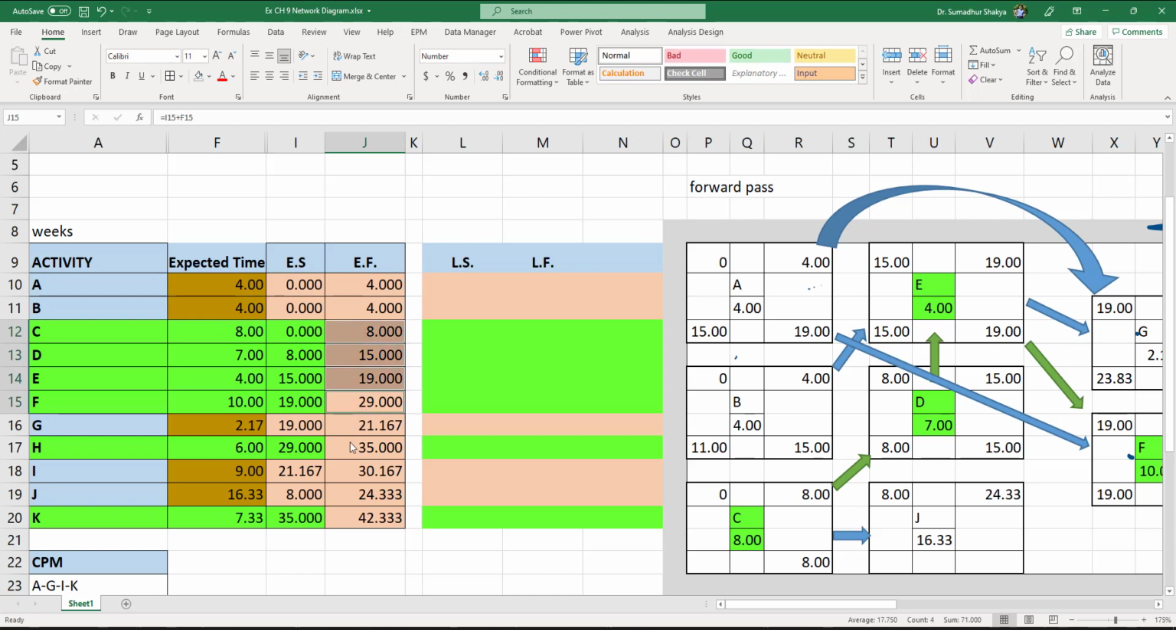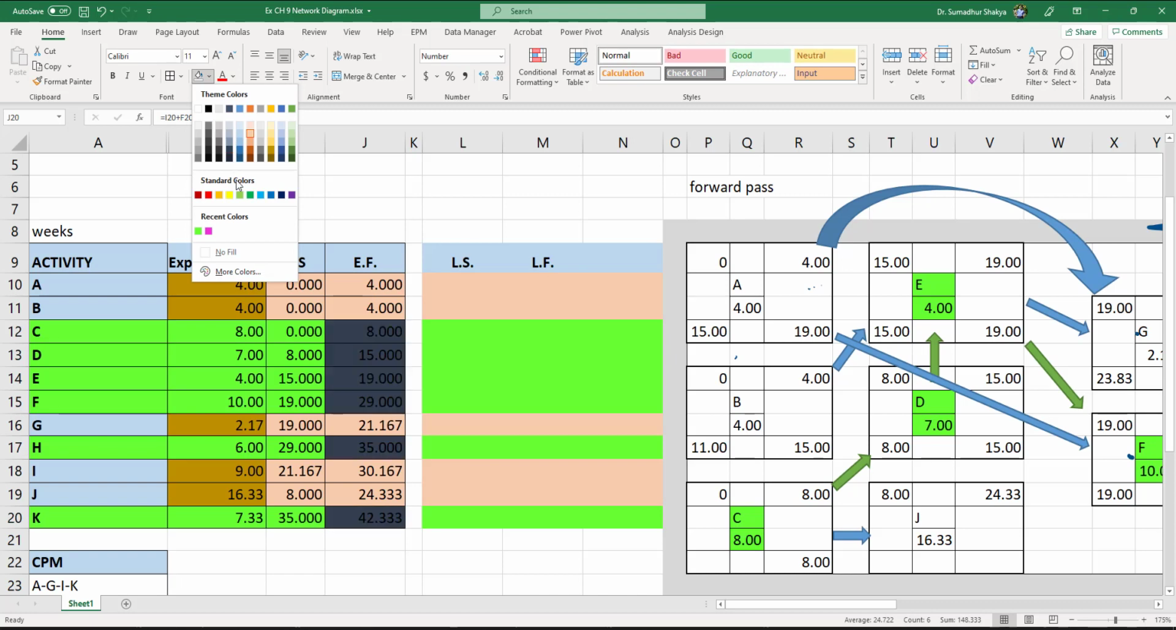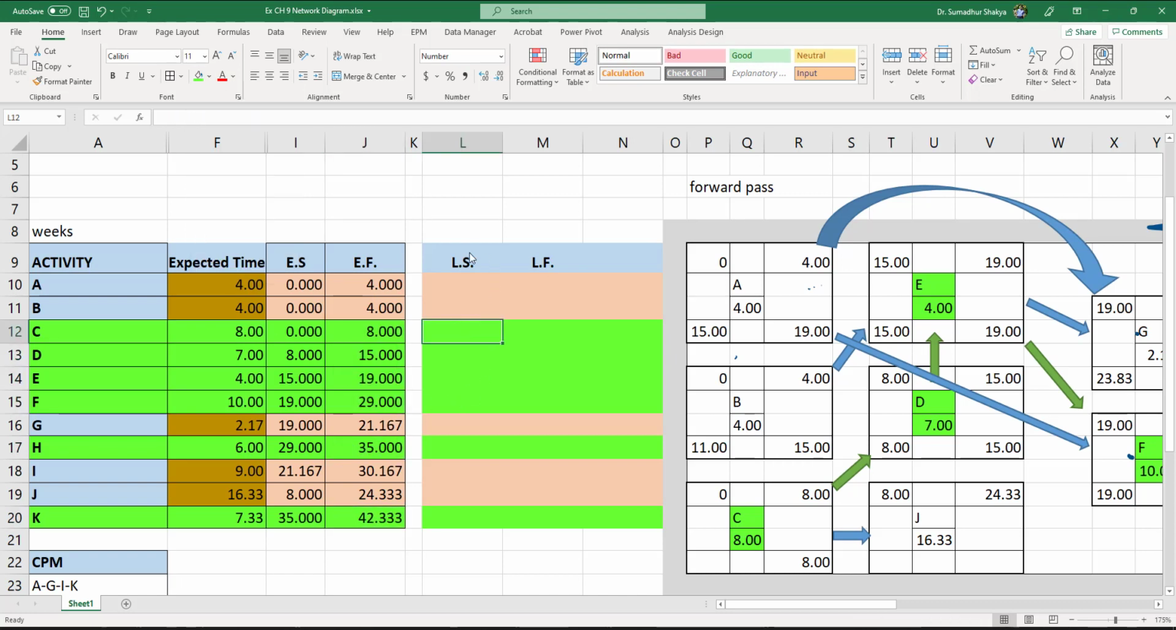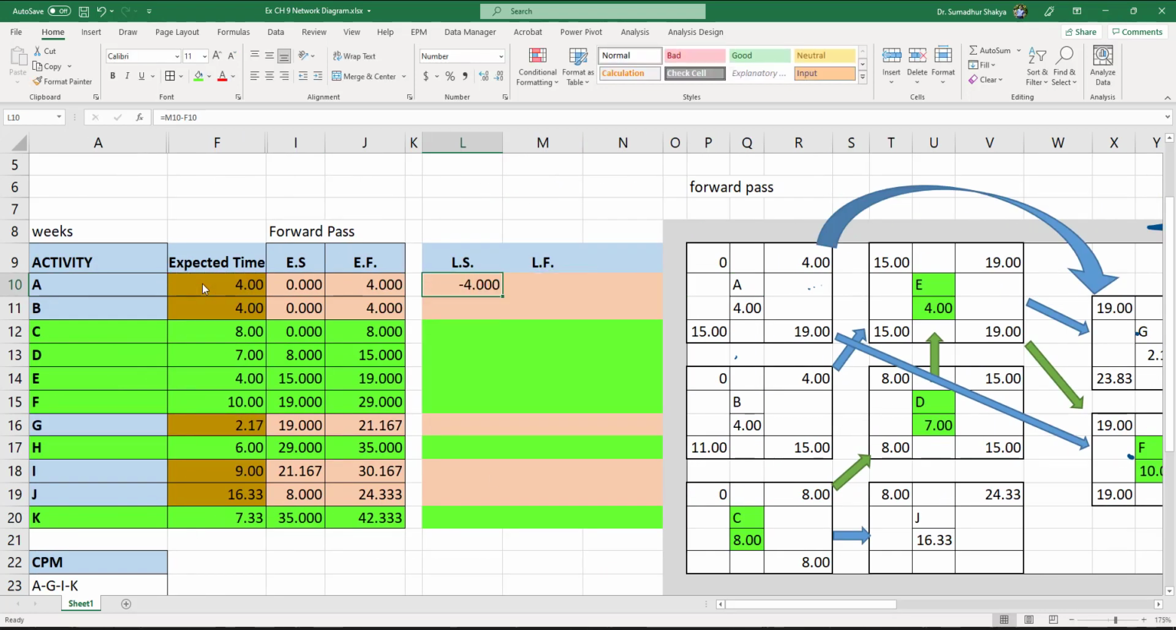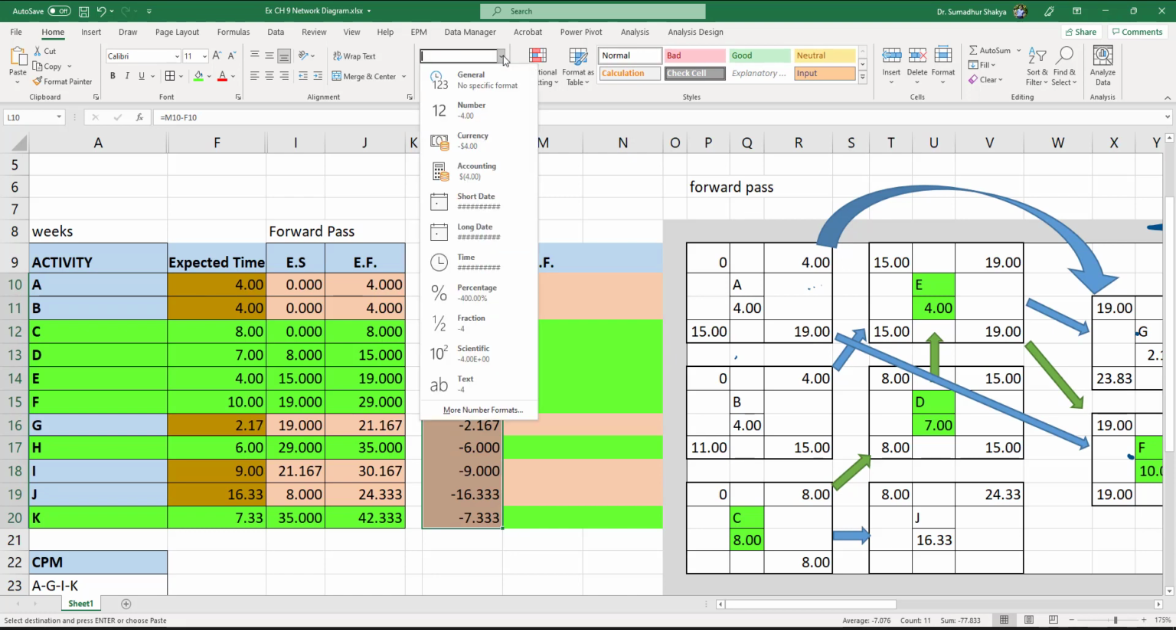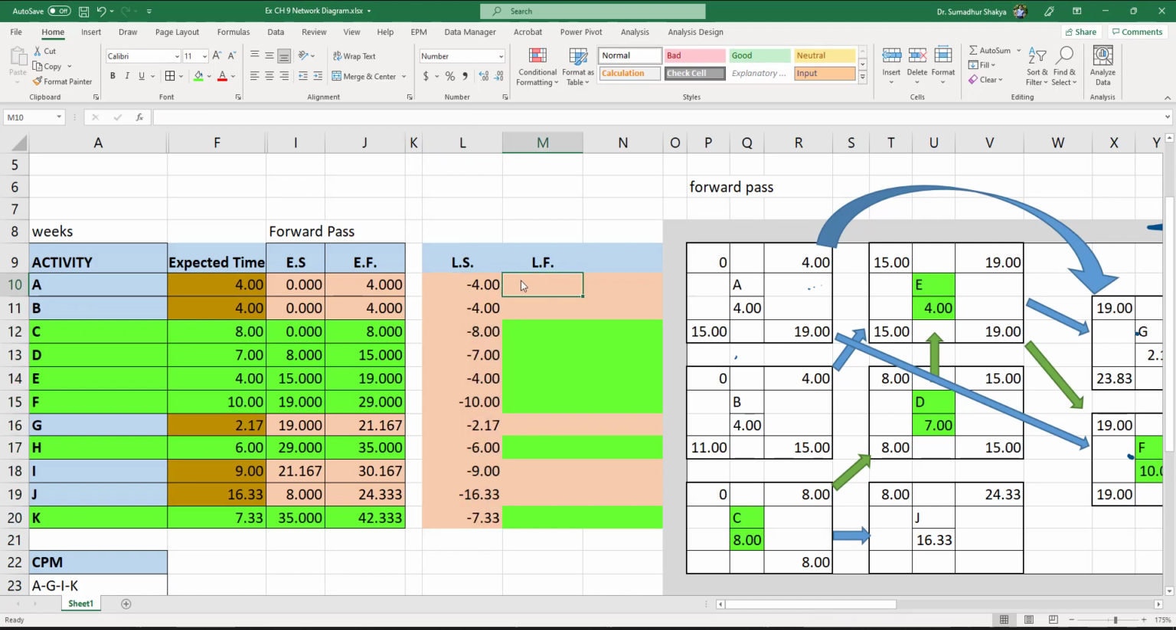Let me highlight these activities on critical path again, so they are different from the rest of them. Now these two were done using the forward pass. Now for the latest finish time, I'll have to pick up from these numbers, but the late start time is going to be the late finish time minus the time of activities themselves. And I should be able to copy this down. Oops, I better keep it as number for now. It's showing wrong numbers, but let's say